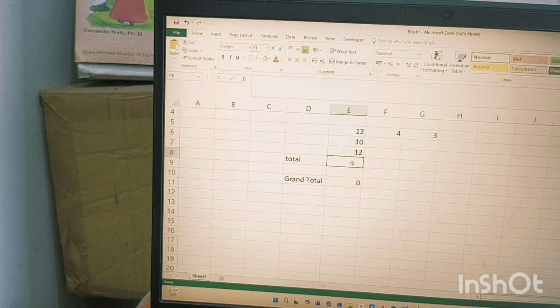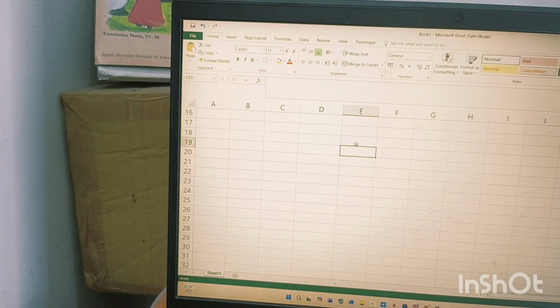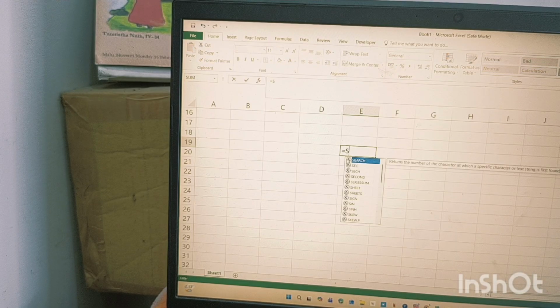Now if you write here 45, then it will come 45. And the magical formula, that is equal to sequence, is equal to sequence.